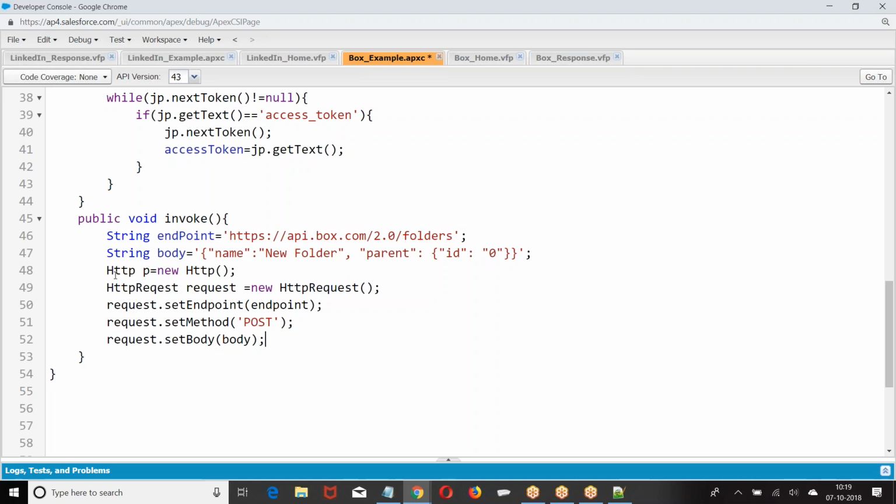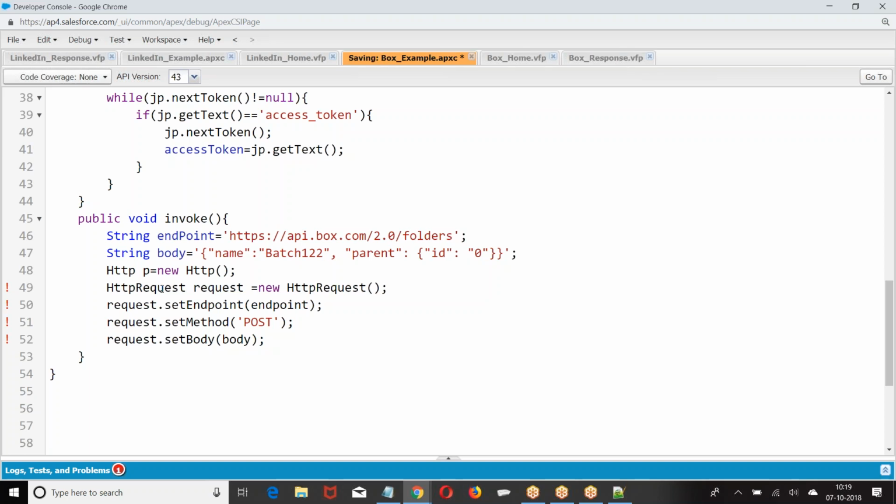So what we have here? Endpoint, method is post, set body. Body is name equal to name of the folder. So here I am giving the name of the folder. It is a parent folder, so it is 0. Now that is the format they have mentioned. As per the documentation, I should know in which format they are expecting the data. I was supposed to pass the data in the same format. So they are expecting the data in the form of name of the folder. Is it a parent folder or a child folder? The next, I was supposed to pass